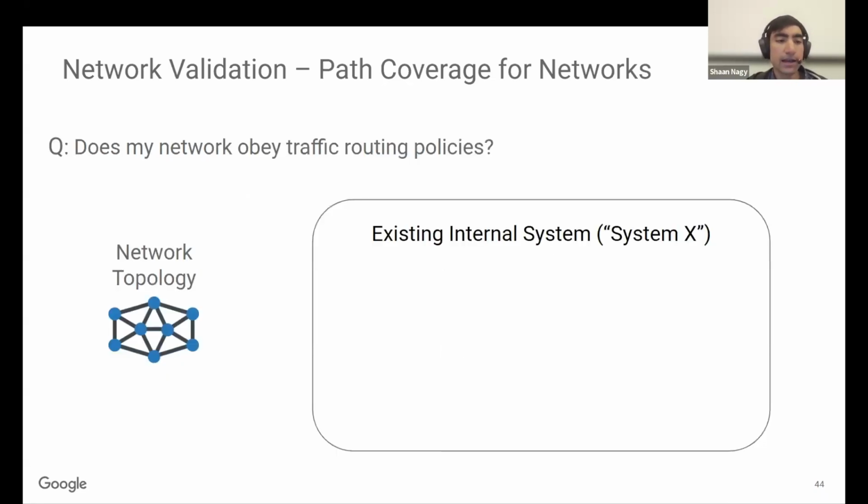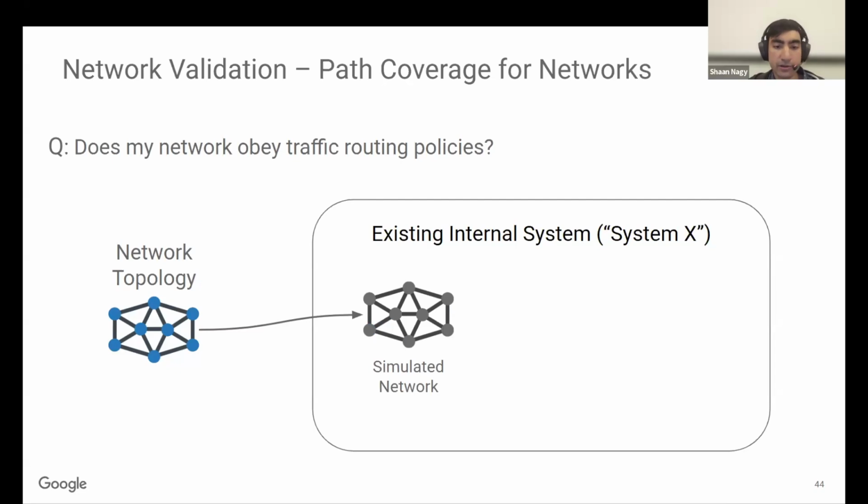So one question that you might want to answer, for example, and that we're interested in as well, is this: does my network obey certain traffic routing policies? So right now, within Google, there's this internal system, we'll call it System X, that takes in a network topology, and it constructs a simulation of that network.